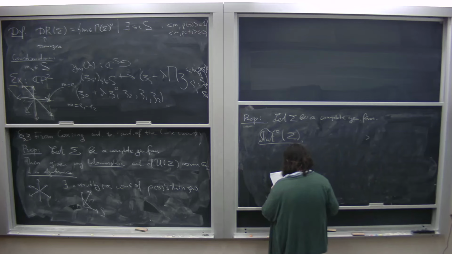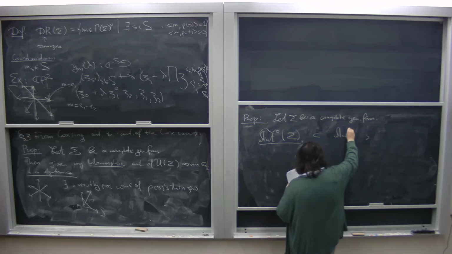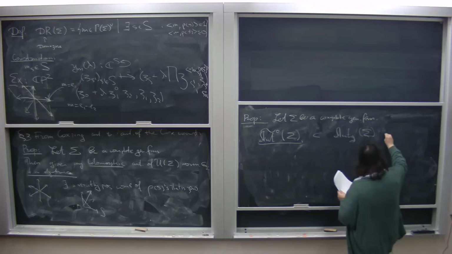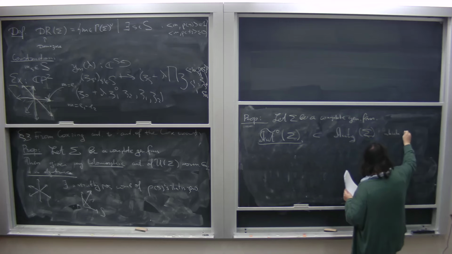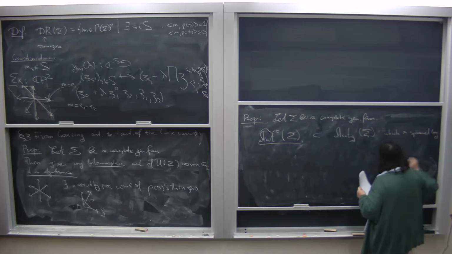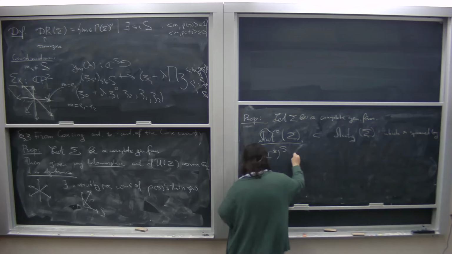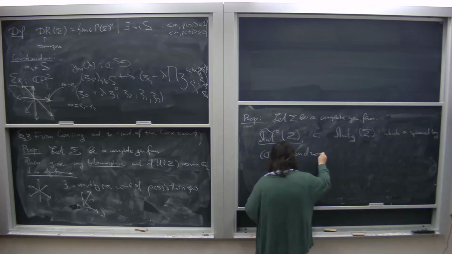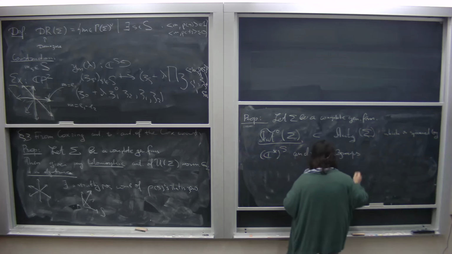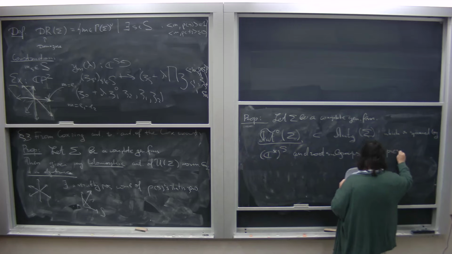Then the claim is that this is a subgroup inside of Aut G sigma, which is spanned by C star to the power of S and root subgroups which preserve